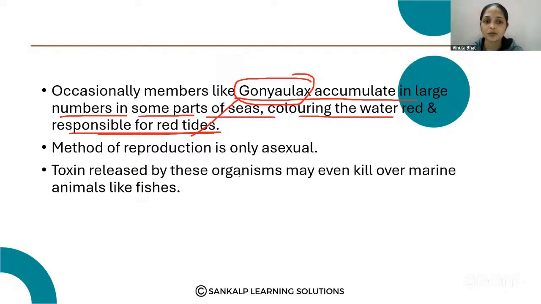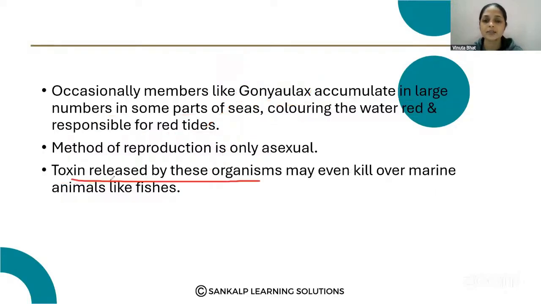The toxin released by these organisms may even kill other marine animals like fishes. So this Gonyaulax releases some toxin into the water, and that may kill marine animals like fishes. So Gonyaulax, red tides, and the toxin released by Gonyaulax are very important. Then